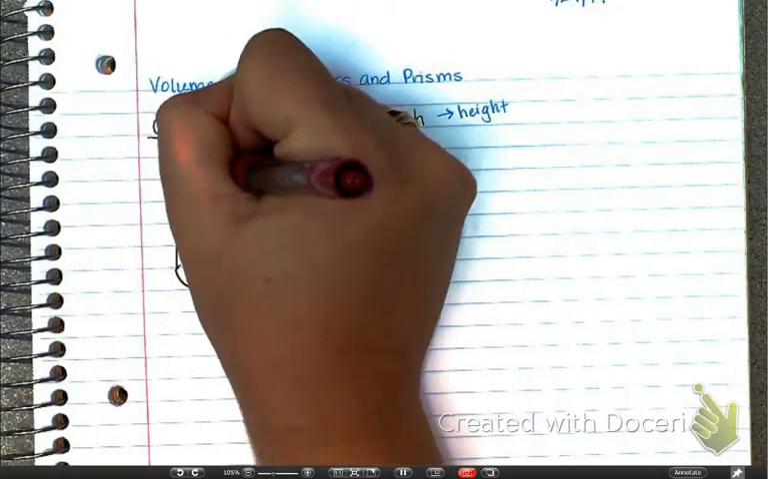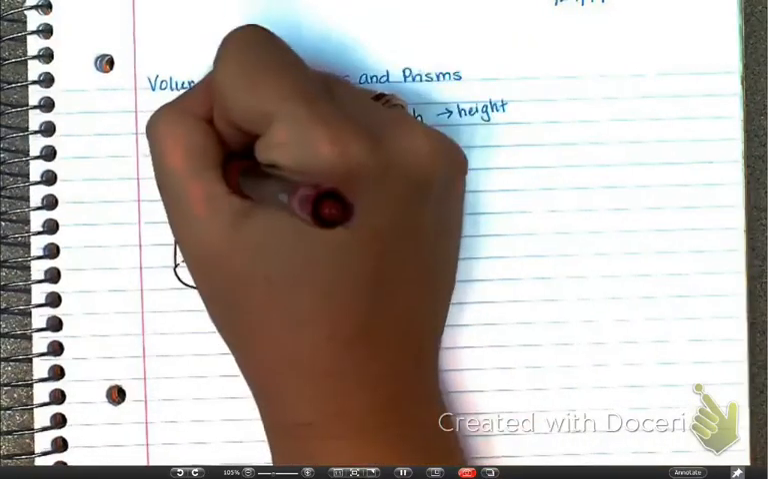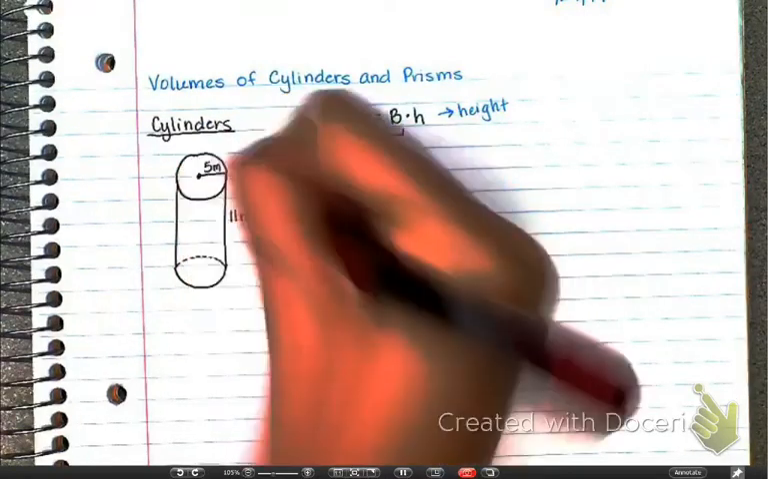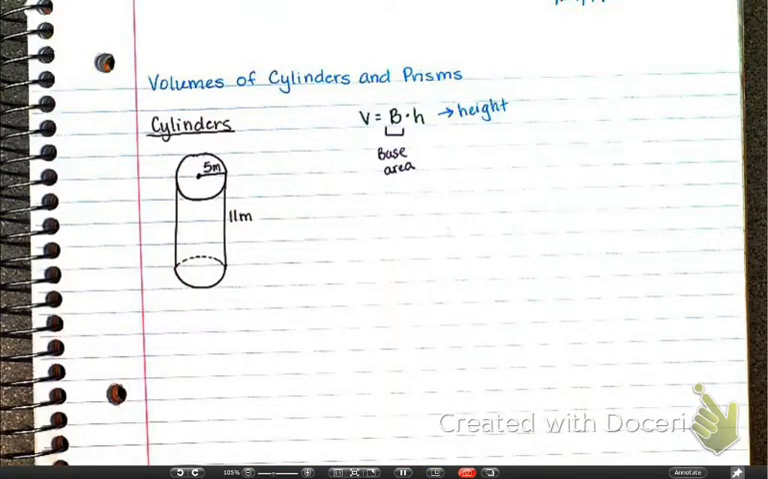I'm going to say that my can has a radius of 5 meters and a height of 11 meters. That's not really a can at that point, but this cylinder has a radius of 5 meters and a height of 11 meters. So you told me that